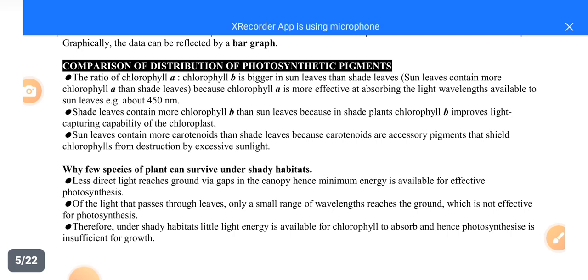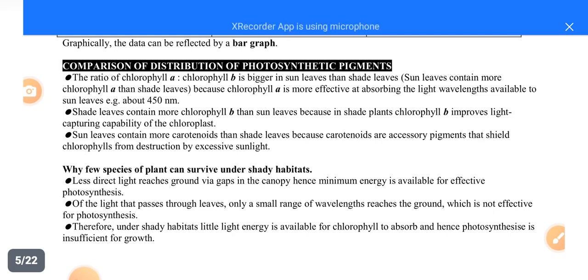This light which passes through the gaps left by the canopies actually reaches the ground with minimum energy, so little is available for effective